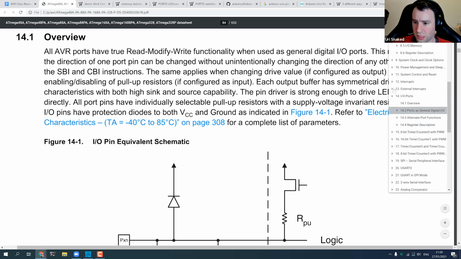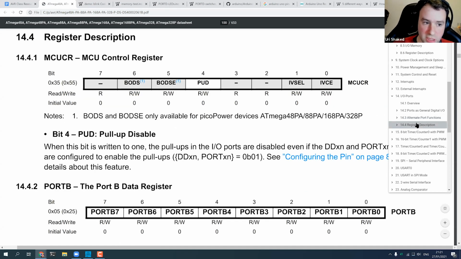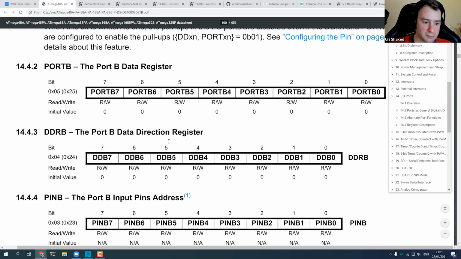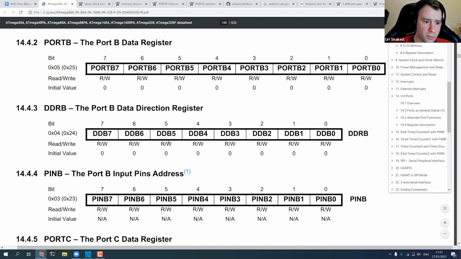Each section starts with an overview or a description of that peripheral, in this case the GPIO, then some specific sections depending on the peripheral, but it always ends with the register description. So it tells us which registers we have available to work with.